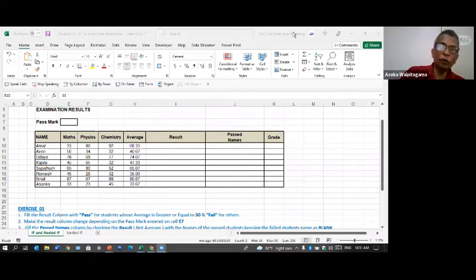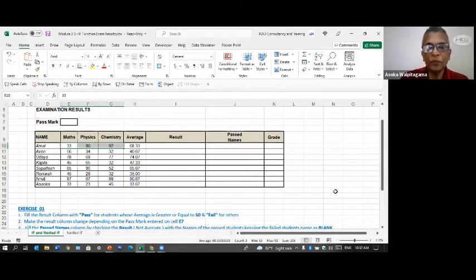Okay. If there are only two outputs, you need only one if function. Remember that. Always the number of outputs minus 1. Let's say if you have 3 outputs, then you need 2 if functions. We call it nested if. Within the if, you can put another if. We'll do that also. Let's say now you want to give the grade formats, whether it's a distinction, credit, pass, or fail. You have 4 options, 4 outputs. Then you need 3, 4 minus 1 ifs. So here we have only 2. What are the 2? Either pass or fail. You need only one if function.